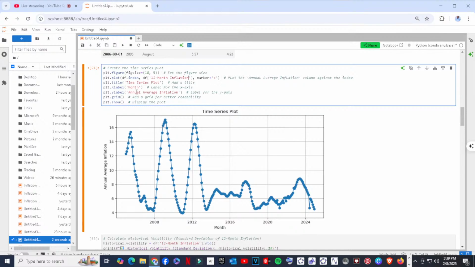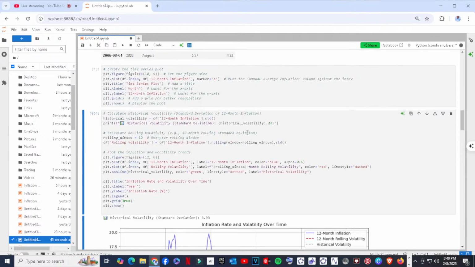Then the label should be 12-month inflation. So we want to see the series for the 12-month inflation. I hope I've captured the spelling right, so that it does not give me an error. Let's see what it gives us.